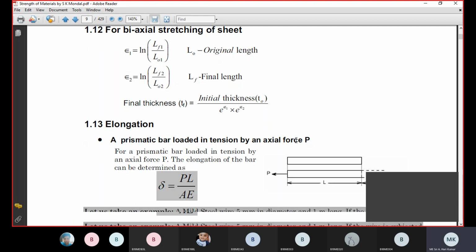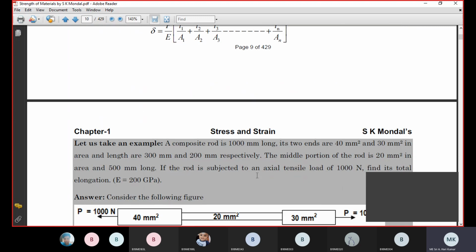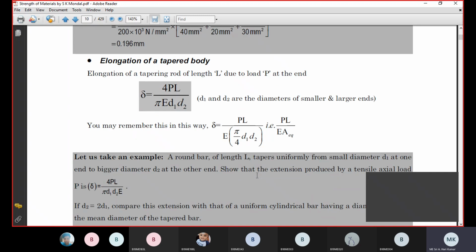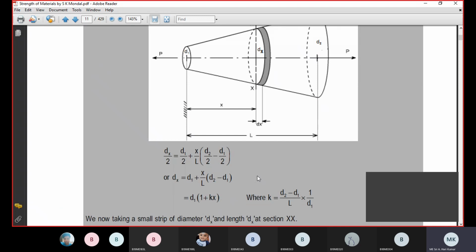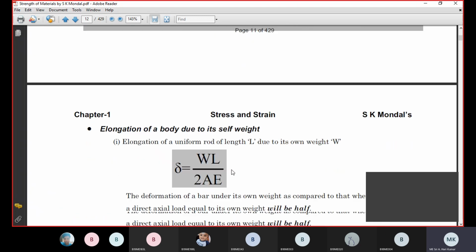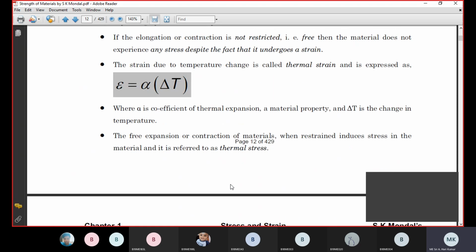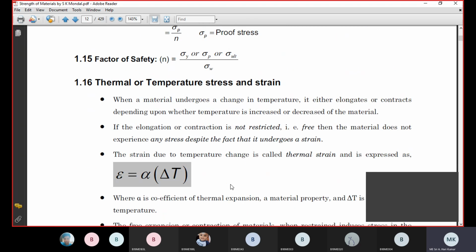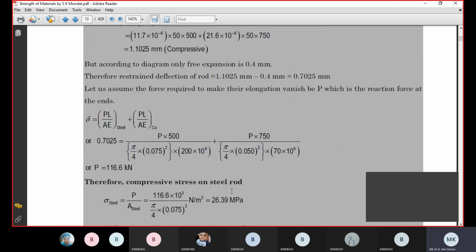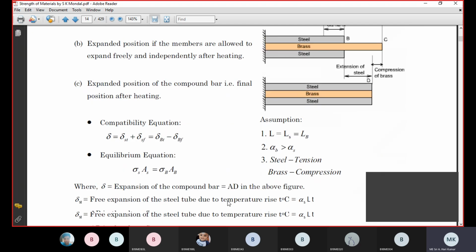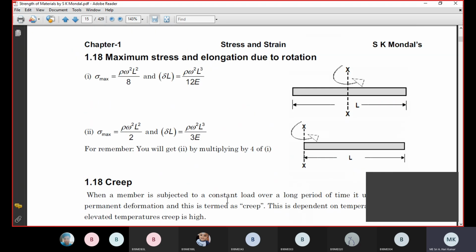I don't know how many people have come across cork. So I think I'll just finish this and wind up for today. How much is left? Okay, I'll just take 10 more minutes. Tomorrow I'll start temperature stress. Yeah, this again needs a little bit more time to be spent.